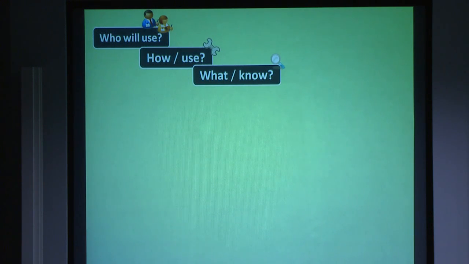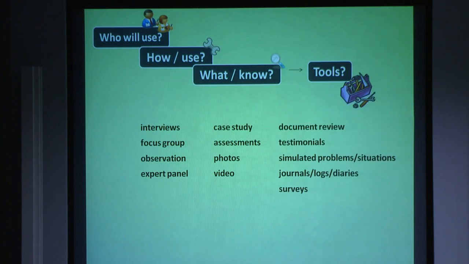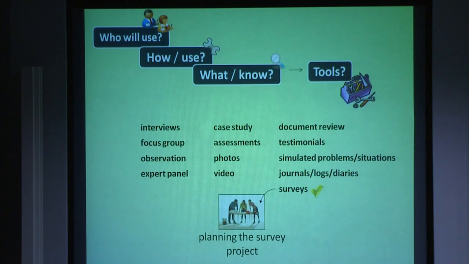Who was going to use the information from some evaluation, investigatory process, how it was going to be used, and what specifically they wanted to know. And after that was established, then they thought about potential tools that would tell them the information that they wanted to know about, and it would enable them to do the things that they said they wanted to do. A number of options. And it was after this process, the survey was chosen, and then they embarked on that